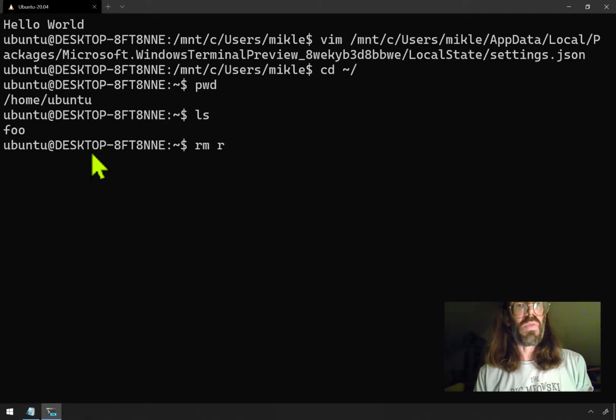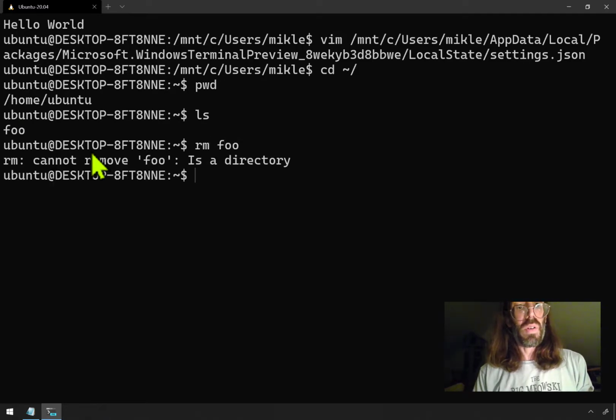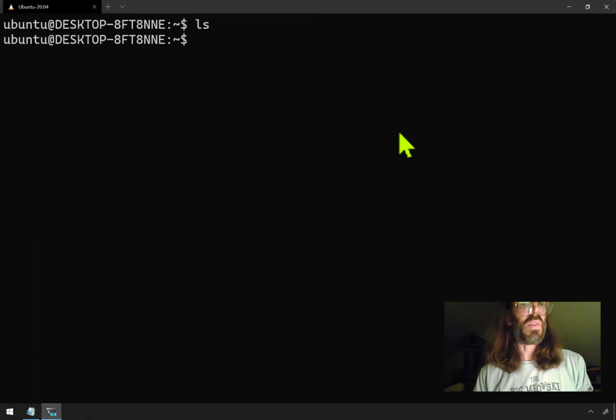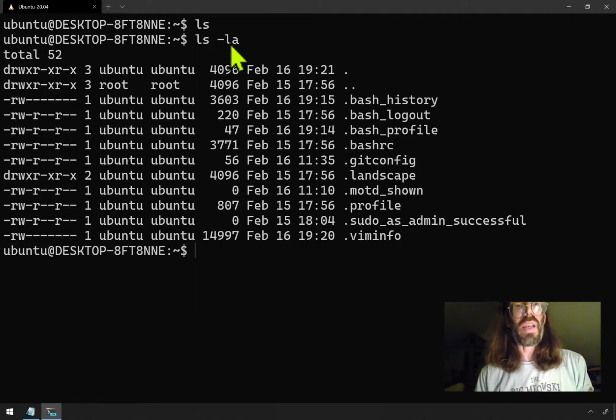I'm going to remove foo. Oh, it's a directory. Yeah, I was demonstrating how to make a GitHub repo or a Git repo. Not quite GitHub yet, but a Git repo. And so I'm going to remove recursive and forced foo. We don't need that there right now. Clear, ls. And you can see my home directory appears empty, but if I do ls list all, ls -la,